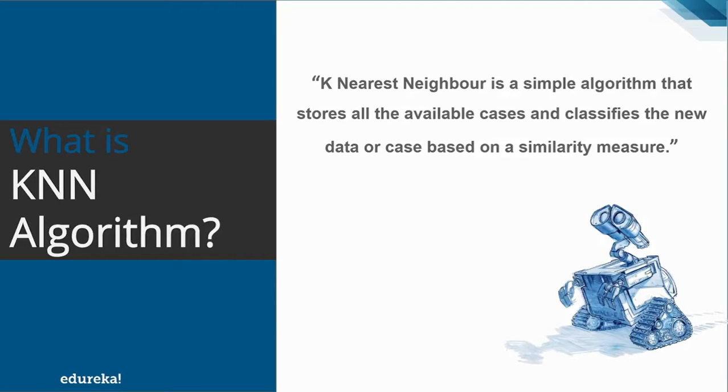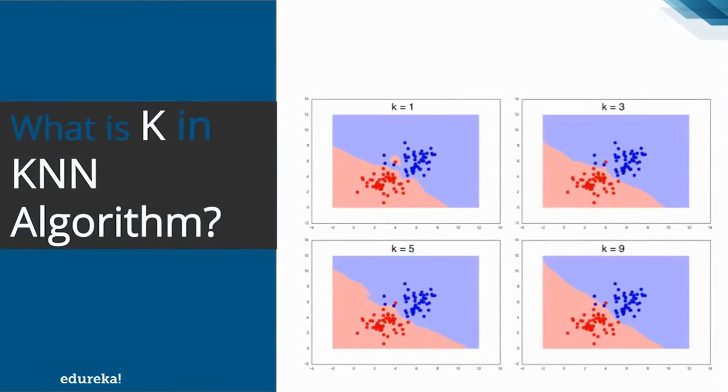Alright? Well, in general, KNN is used in search applications where you're looking for similar items. That is, when your task is some form of find items similar to this one, then you call this search a KNN search. But what is this K in KNN? Well, this K denotes the number of nearest neighbors which are voting the class of the new data or the testing data. For example, if K equals 1, then the testing data is given the same label as the closest example in the training set. Similarly, if K equals 3, the labels of the 3 closest classes are checked and the most common label is assigned to the testing data. So this is what K in the KNN algorithm means.